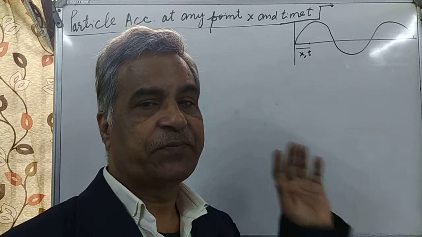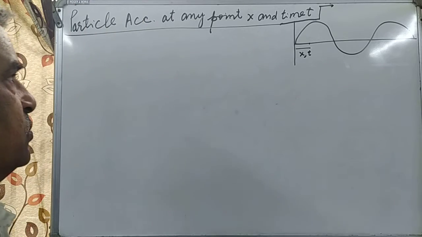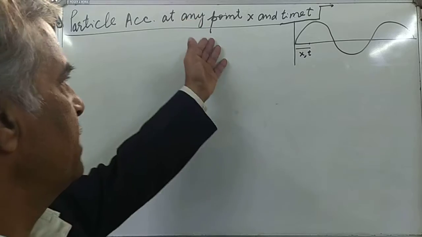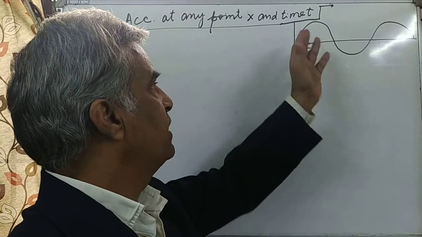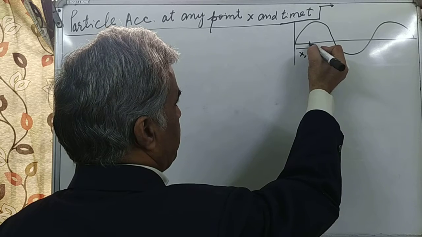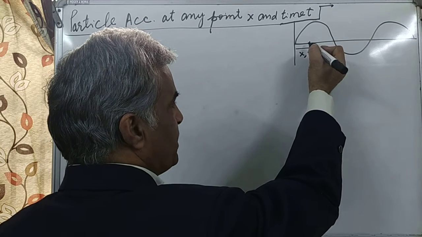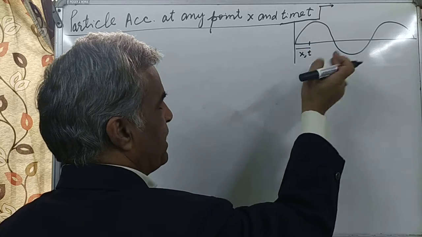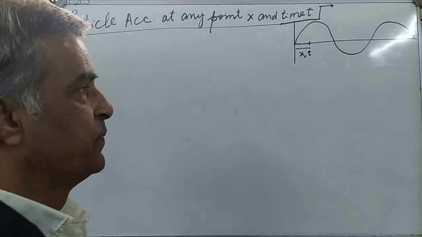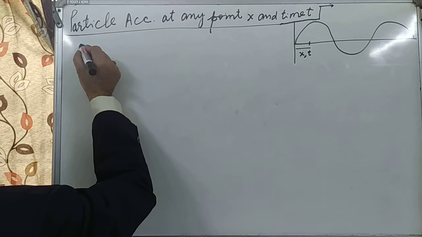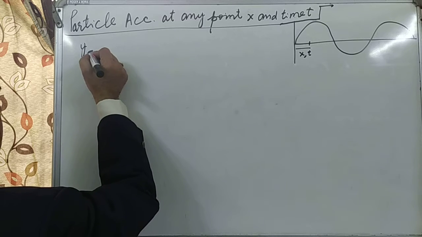So this is my question: a particle's acceleration at any point x and time t. This is the particle's position at this point. What will the acceleration be, if the position is x and the time is t? Simple way: write the equation y(x,t)